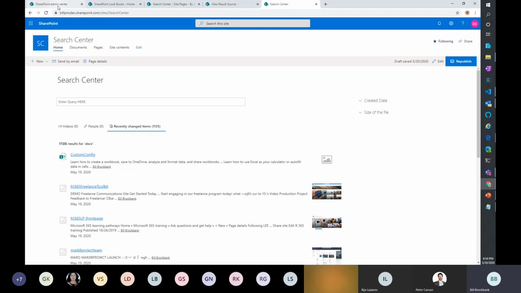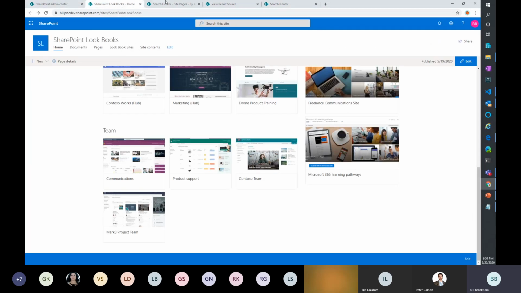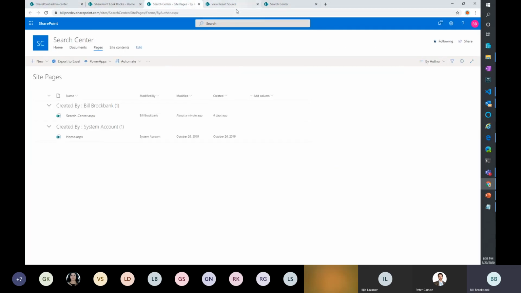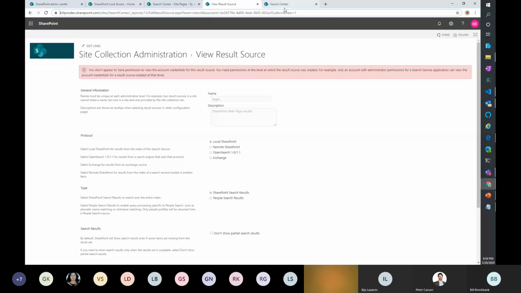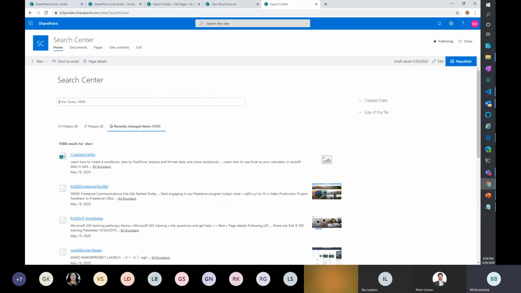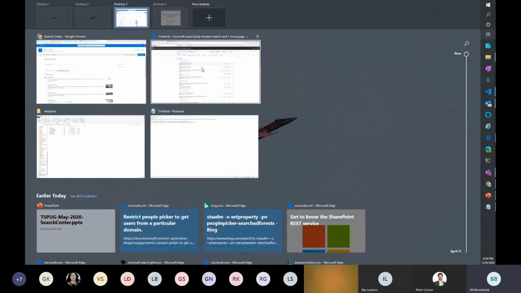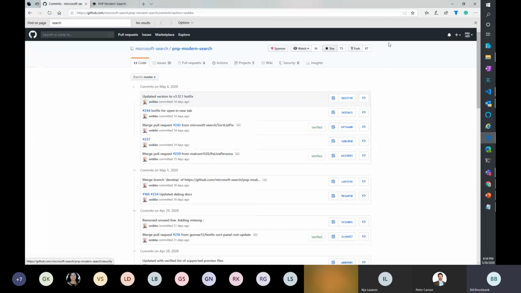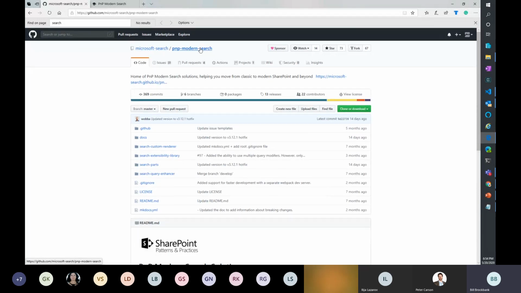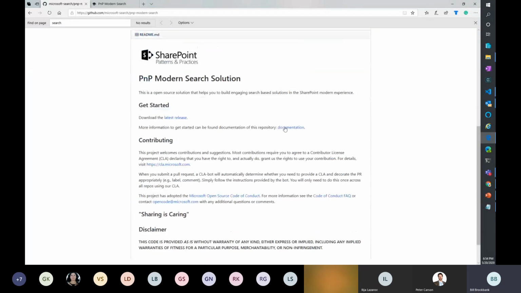So let's start with sites. I want to get that. So this is the site where you can find the source and the downloads. Off of here, you'll find the link.